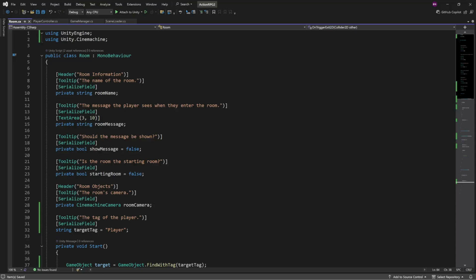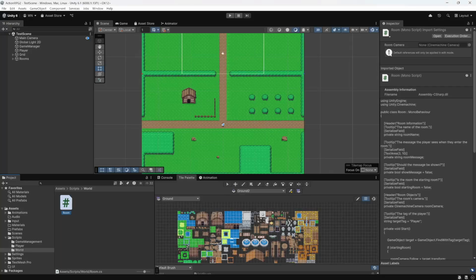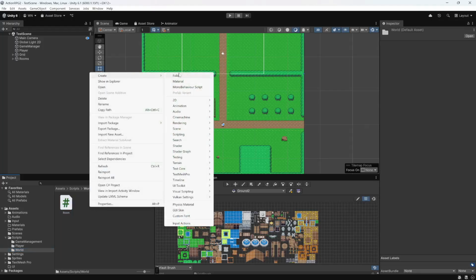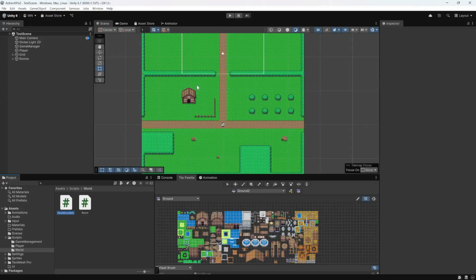So now that that is out of the way, we're going to work on a few other scripts. The first script that we're going to work on is what's called a SpawnPoint, the SpawnPoint script. So in world, we're just going to right click, go to create, MonoBehaviour script, and then